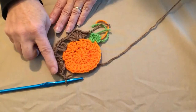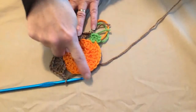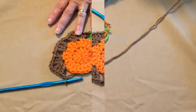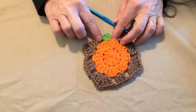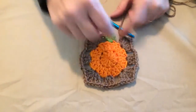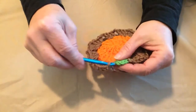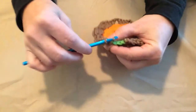And now you're going to repeat that. You're going to make 3 double crochets, corner, 3 double crochets, corner, and then we'll join back here. So now we did our 3, we did our corner, 3 corner, 3 corner, 3 corner, skipping 2 stitches between each one, and now we're going to join to the top of the chain 3. So here's our chain 3, so we're going to join to the top with a slip stitch,